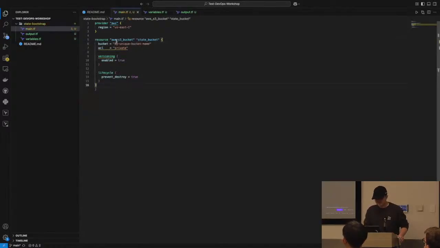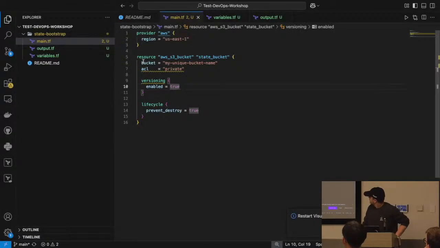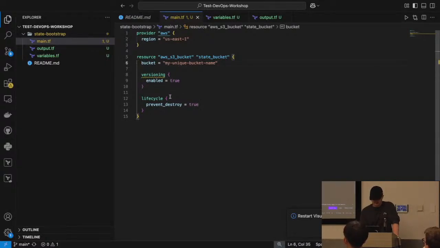So we're defining a resource called AWS S3 buckets. Now, there are thousands of resources you can go through. I recommend looking through the, yes? I can't really read it from back here. Does that help? Perfect. Awesome. We're going to get rid of access control lists because that is deprecated right now.